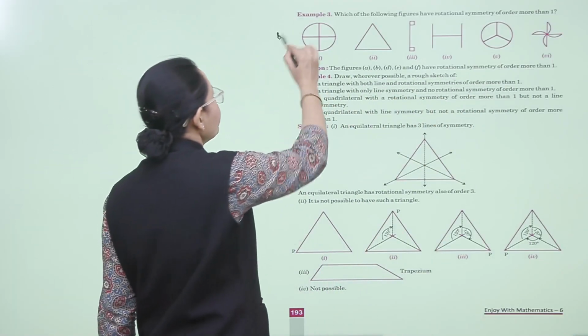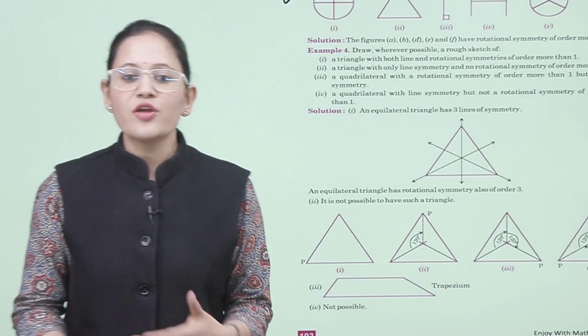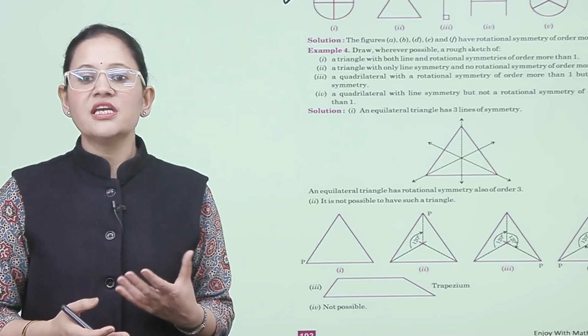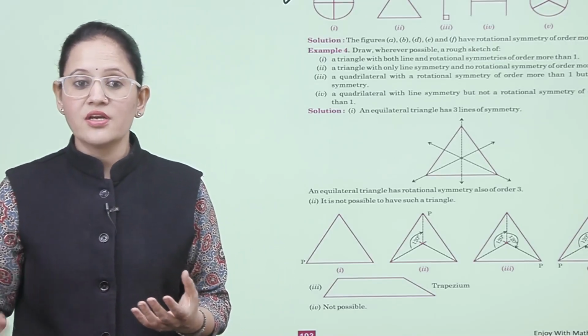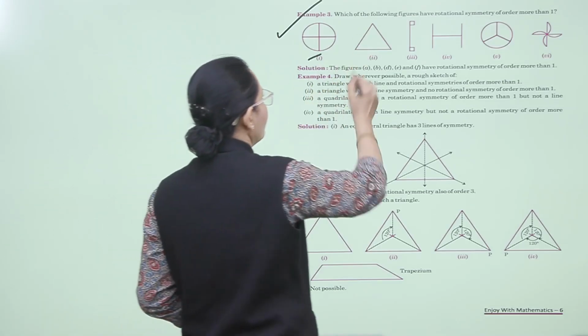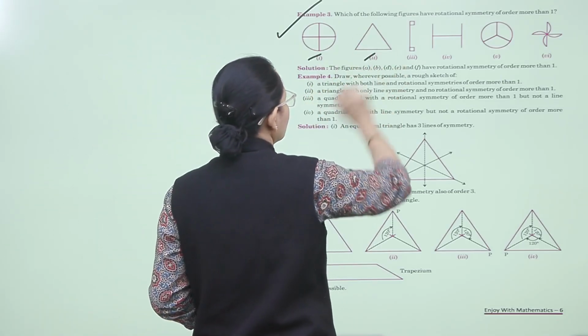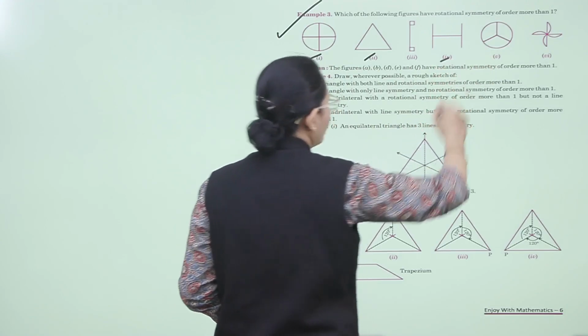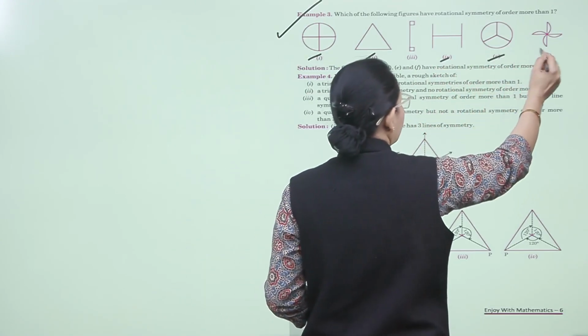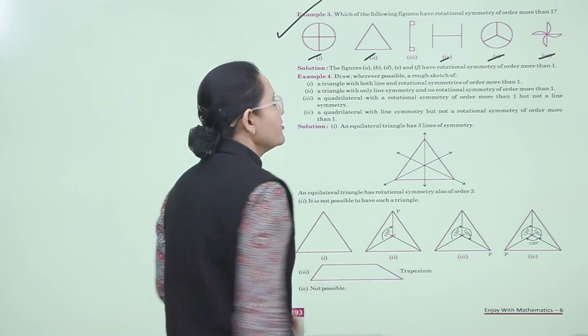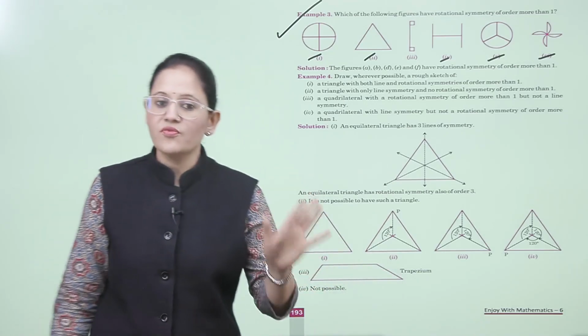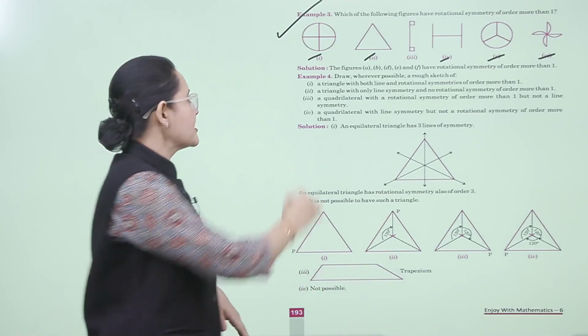Next example: which of the following figures have rotational symmetry of order more than 1? So all these figures 1, 2, 4, 5 and 6 will have order of rotational symmetry more than 1. Clear? Next example,